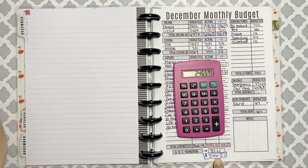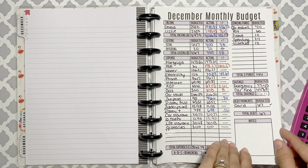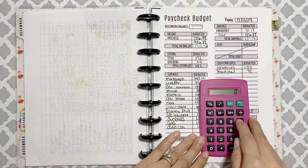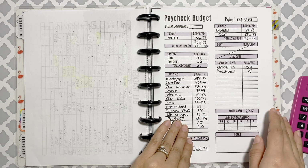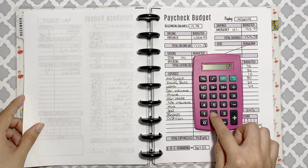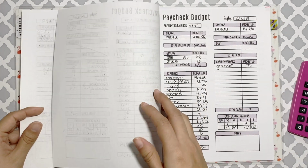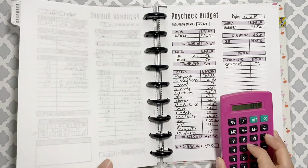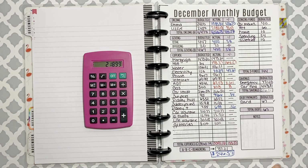All right, so it's not showing me on my Every Dollar. So let me just look through the paycheck budgets and see how much we were able to set aside for these two savings accounts. Okay, so for car fund, for our December 13th budget, we put $81.18. So let's just look at emergency fund, not car fund. And then again here, we put $123.75 to our emergency. And then the last paycheck, we put $14.06. So for our emergency fund,